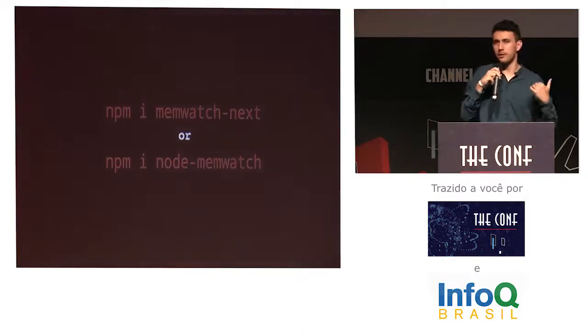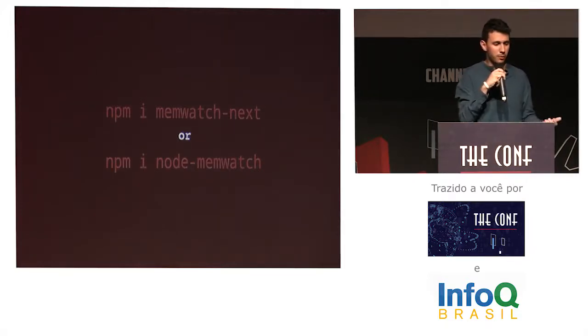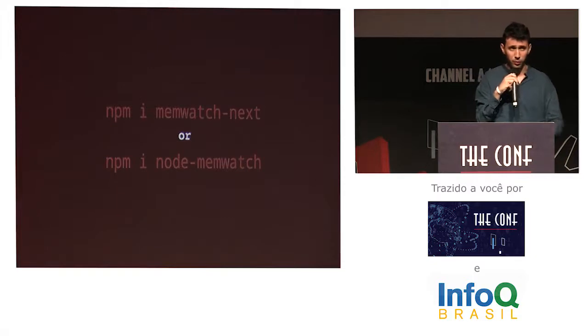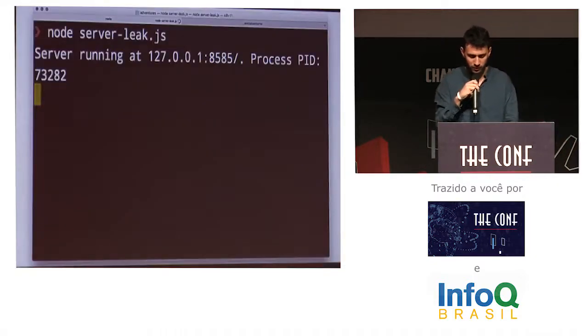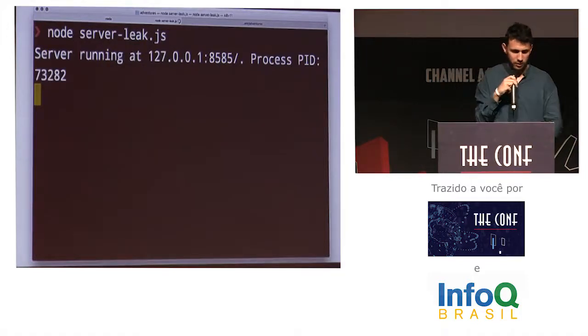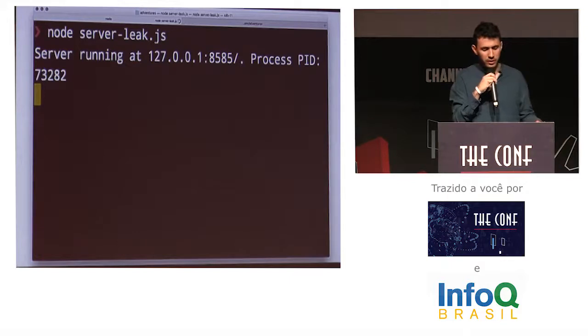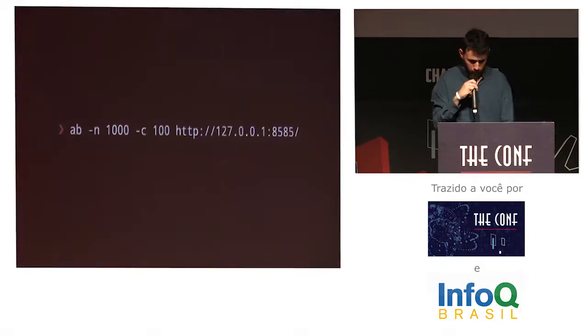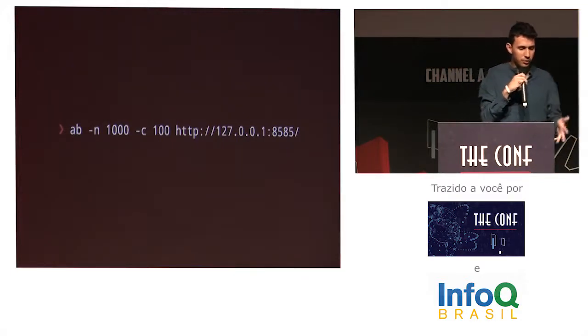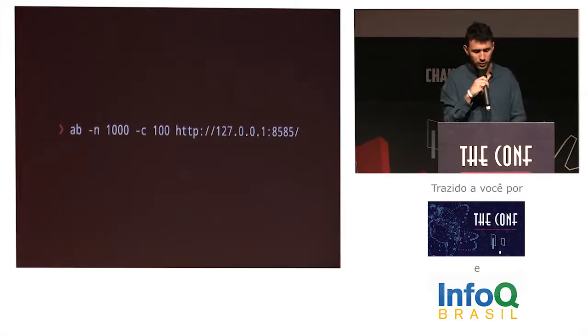This node memwatch is the main node module, however, it is no longer maintained. So memwatch next is where the community takes this node module and says, okay, let's maintain it. So there are a lot of forks from node memwatch, but it's a simple case of using it. It's like running node server leak, okay, no big deal. And using Apache benchmark here, but you can use anything that you want to. So I'm trying to make a lot of requests for this